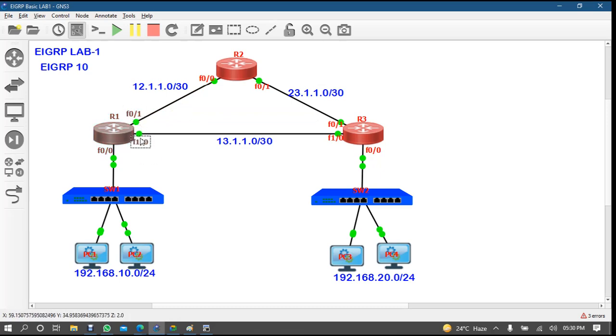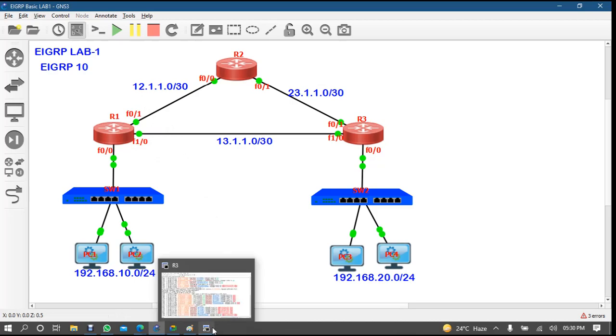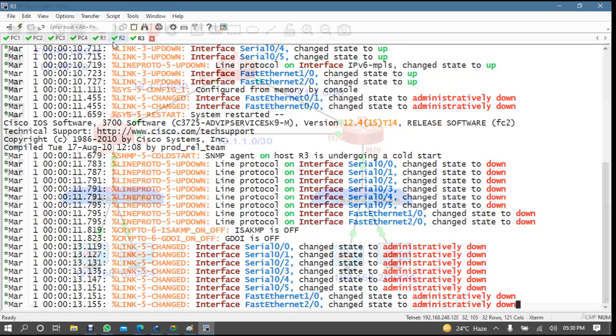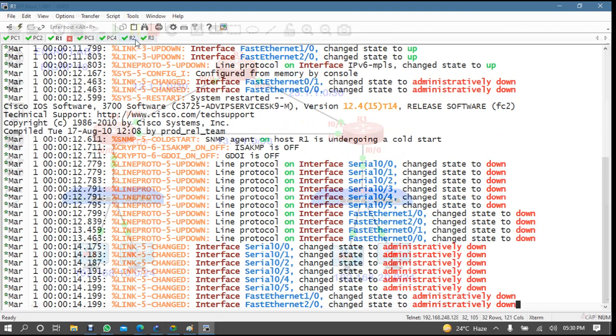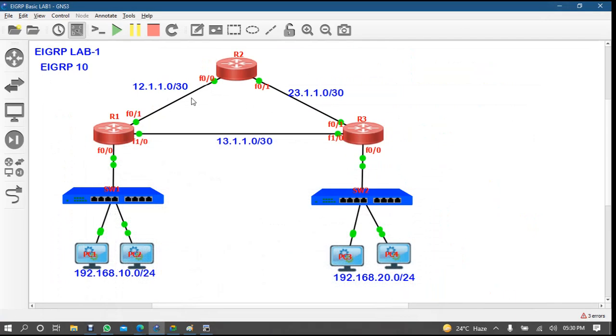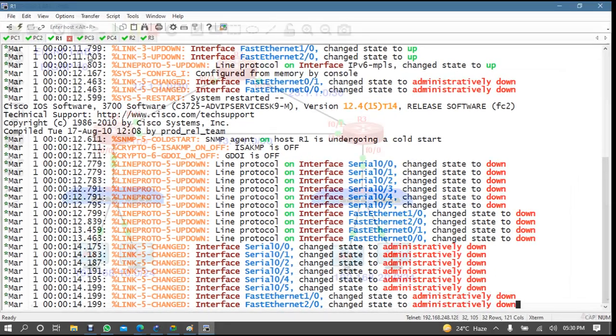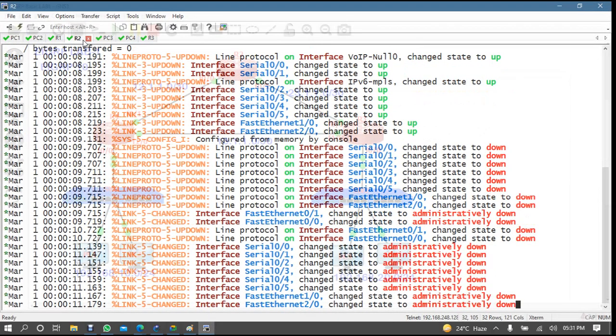Like this you can put it and find it better. Now PC1, PC2, then R1, R2, and then R3.